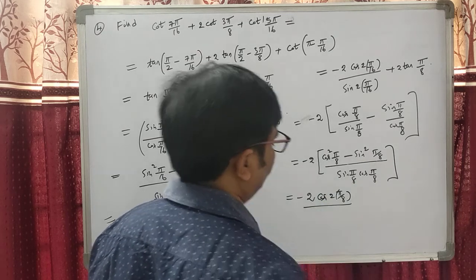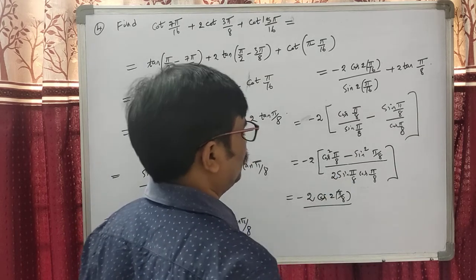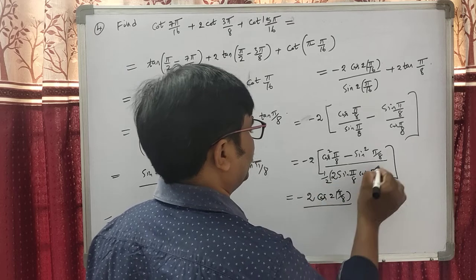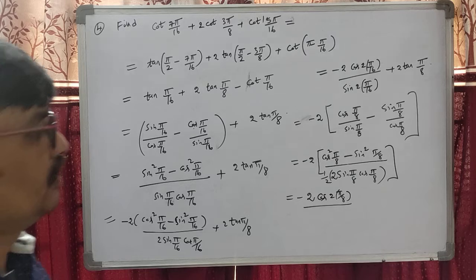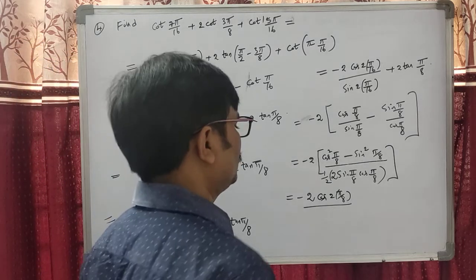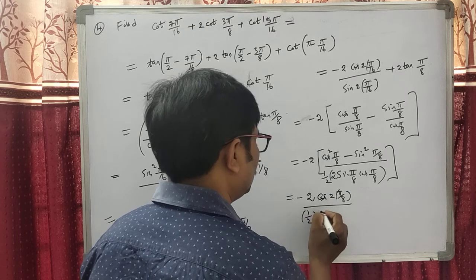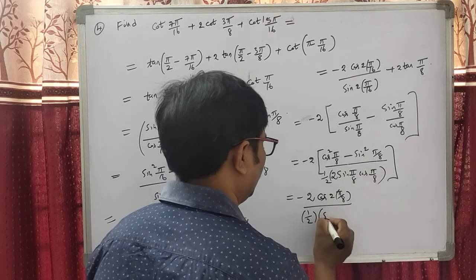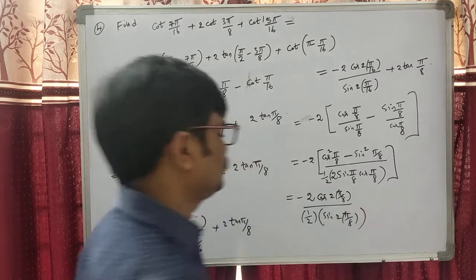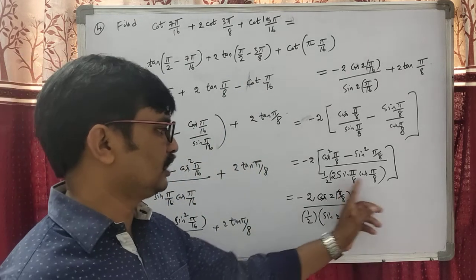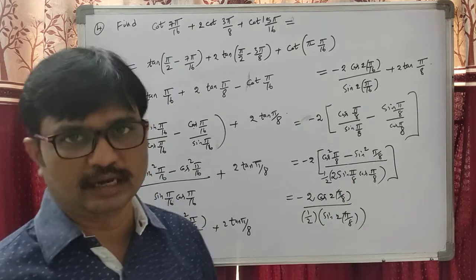Therefore, students, just observe here what is there, into 2 by 2. What do we take here, students? Into 2 by 2. Therefore, when we take into 2 by 2, we can write it as 1 by 2 into 2 sin a cos a, which is sin of 2a. Do you understand, students? What is the form of sin 2a? Sin 2a is 2 sin a cos a. So, students, sin 2a is 2 sin a cos a.